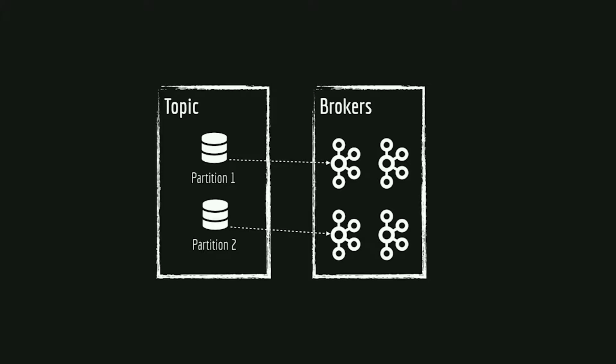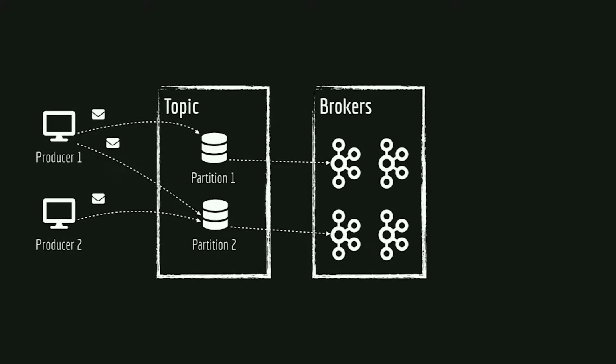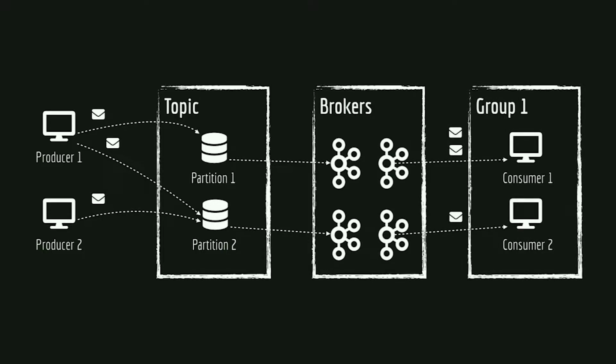And as I said, if you add a new broker there, it will load things automatically, and any consumer and any producer you put will talk to the brokers properly. The producer will send messages to a broker in a specific partition, and when you're writing to Kafka, you can pick, okay, I want to write to partition 1 or partition 2. And the consumer will also listen to things.